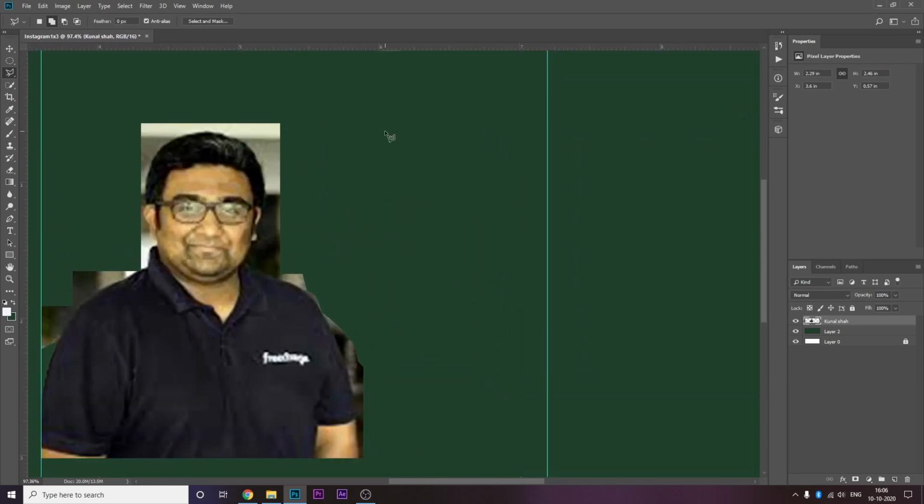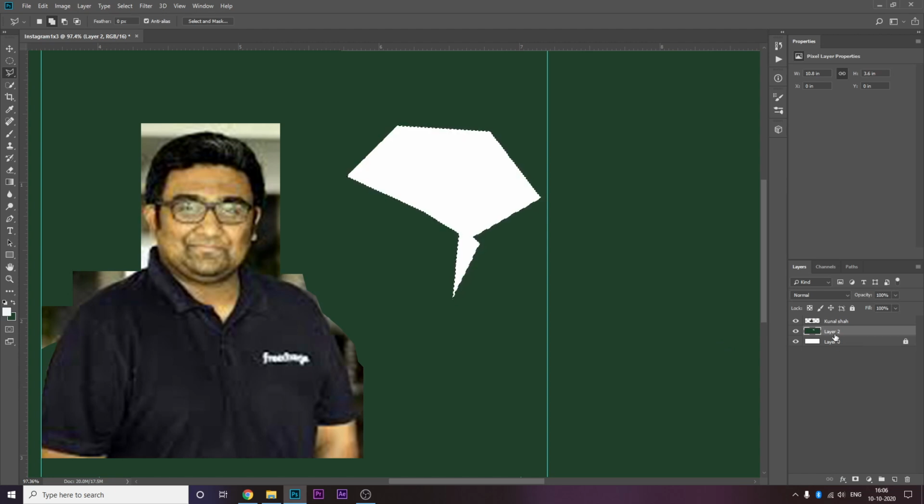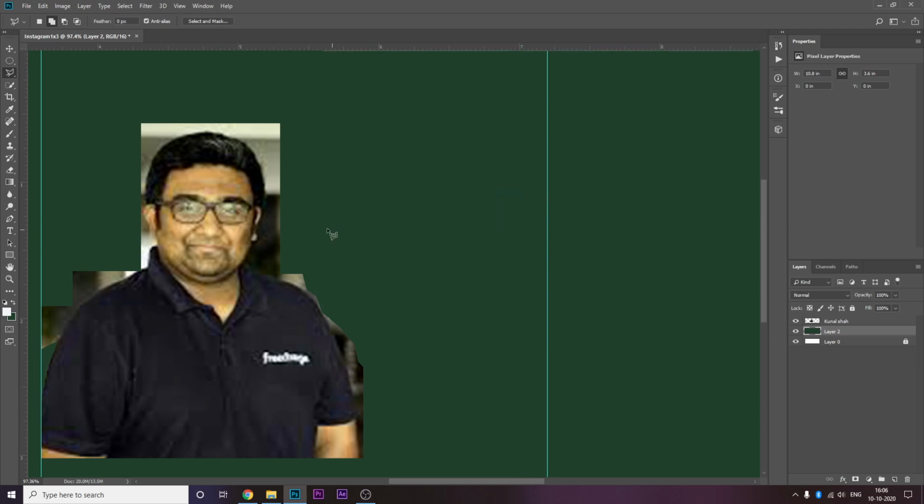Now you might be wondering why the green part is not deleting, right? Because we are not selecting that layer, it's not getting deleted. Now I am on this layer, right? And I press delete. Oops, that disappeared and I want to undo. Oh wait, Control Alt Z.